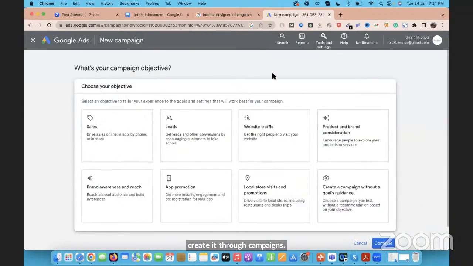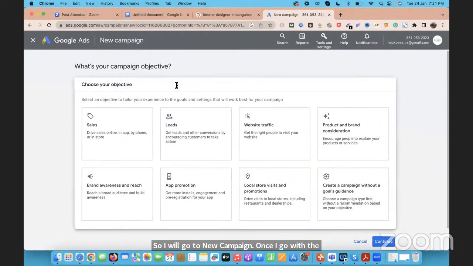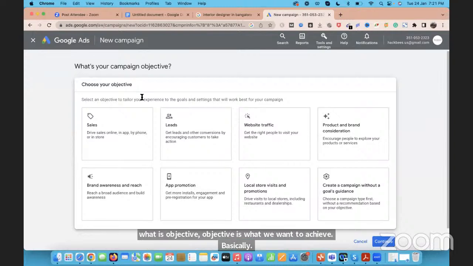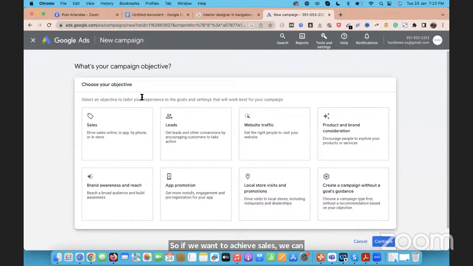Once I go with the new campaign here, you can see there are different objectives. So what is an objective? Objective is what we want to achieve. If we want to achieve sales, we can select sales. If we want to achieve leads, we can go with leads. Sales is when I want people to buy my product. So if I have a product-based company and I want people to buy my products, I can go with the sales option. And if I have a lead-based company, particularly a service company, and I want people to give me their contact information, like their name, phone number, email ID, I can go with